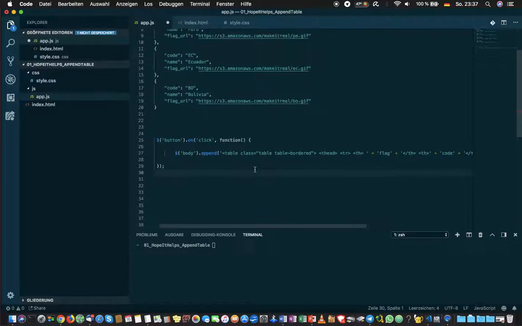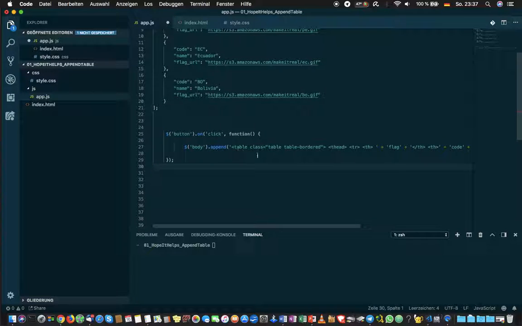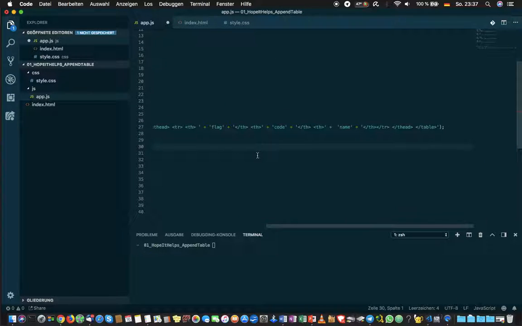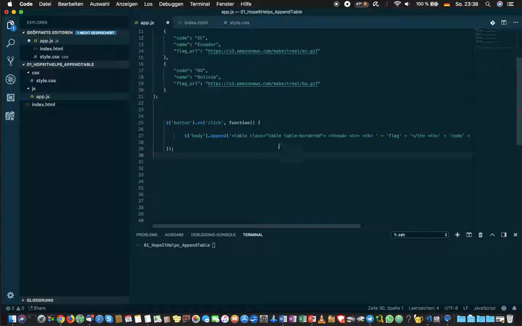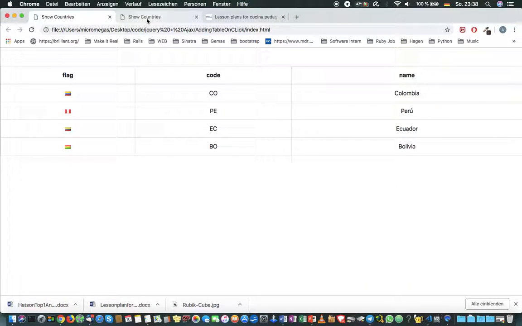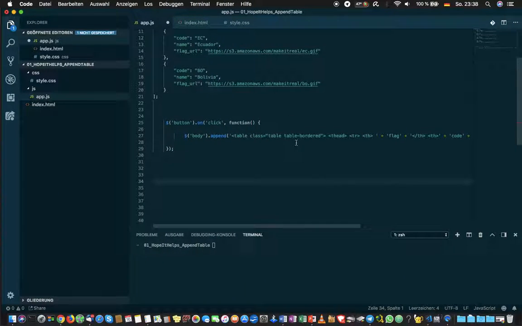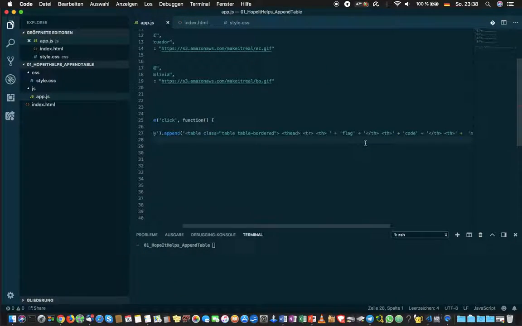Okay, so this is basically the function to append just the first 3 columns. Let's see if that works. Doesn't work. I haven't saved. Yeah, I haven't saved. Okay, so we click, and on click we get flag, code, and name. Alright,